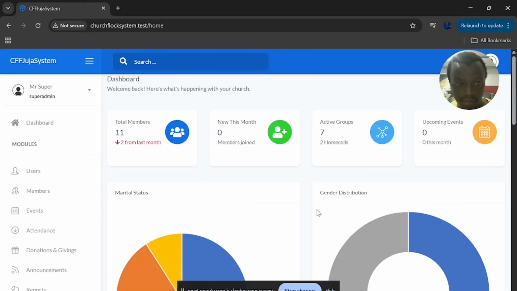So we'll start with the dashboard. As you land into the system, once you have managed to log in successfully, you'll see this is like a quick glance, or maybe getting some information at a glance. So you can be able to tell